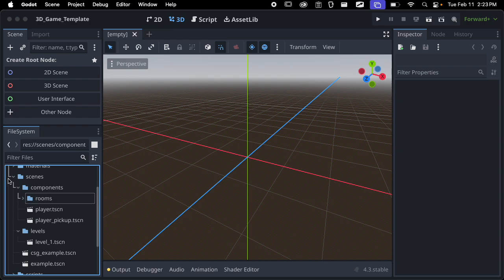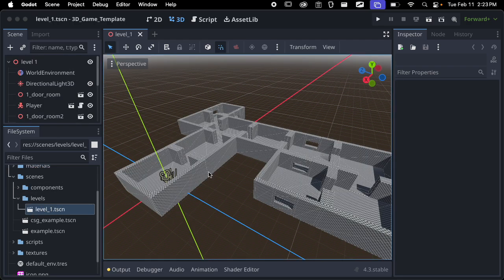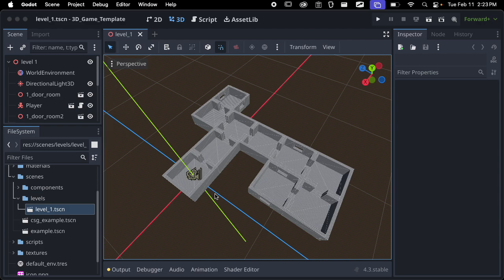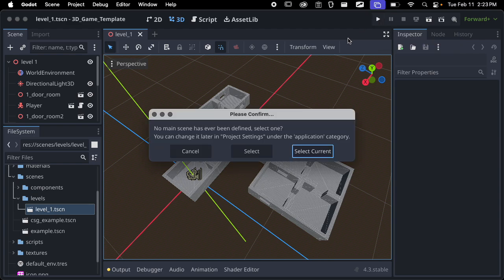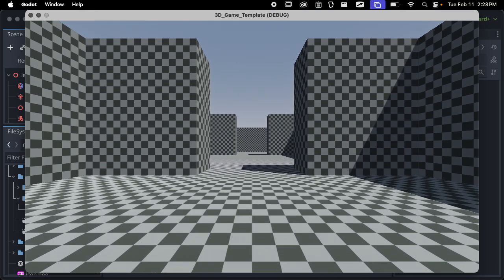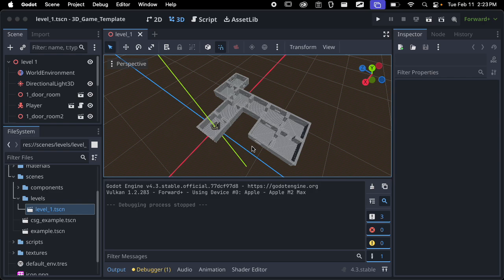So for this project, for the Maze project, we're just going to have one level. And so whatever that one level is, you'll want to set that to be the default level for the project. You can do that sort of automatically. If you hit the build or run project button, this play button here, it's going to ask you to set the default level. And so you can just select the current level. And if you've run the project using that button before, you've probably already done this. So you may have already done this step. So you can just hit select current there, and that'll run the project and it'll set the level to the